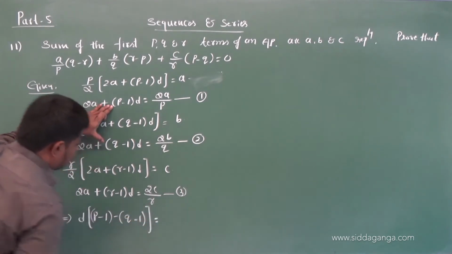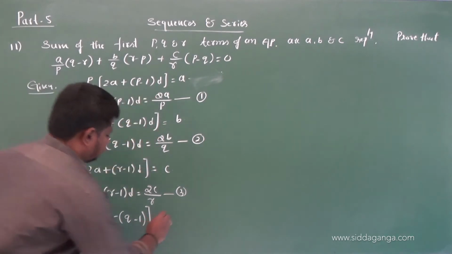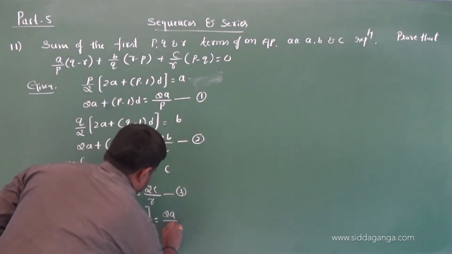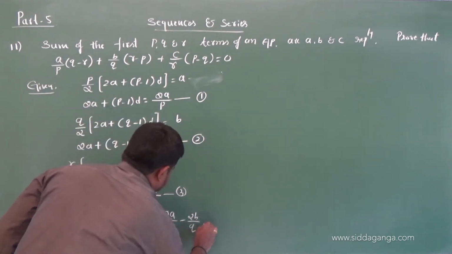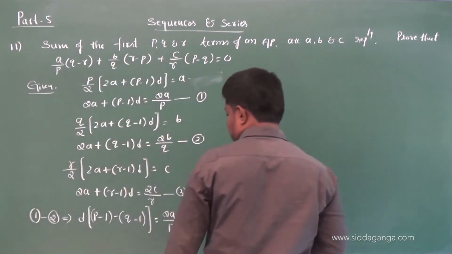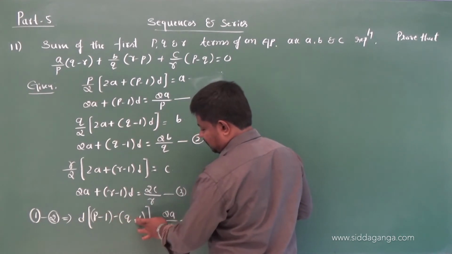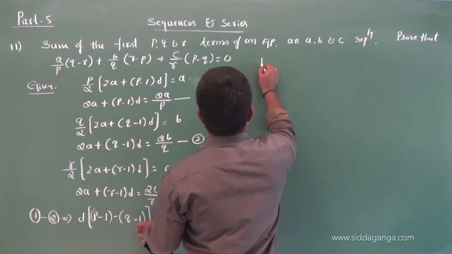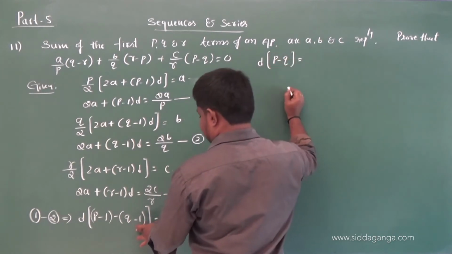This is the LHS. Now on the right, 2a by P minus 2b by Q. On simplification, the 1s get cancelled: minus 1 minus of minus 1 plus 1. You get d into (P minus Q) equal to